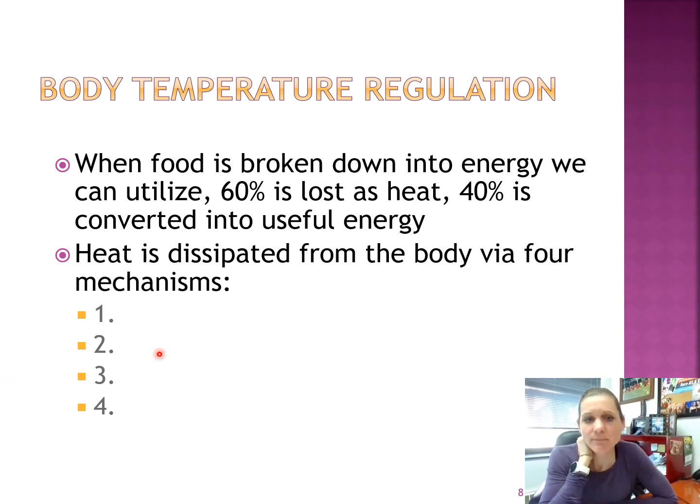Number 3 is radiation, and radiation can serve as either a heat gain or a heat dissipator for us. Radiation has to do with the electromagnetic rays that are coming off of us in every single direction, and each of those rays bounces onto whatever surface is directly around us. So even though I'm not directly touching the wall, the electromagnetic rays that I'm releasing will bounce off the wall, and therefore the wall will become warmer because I'm in the room. So that's one way that we dissipate heat through radiation.